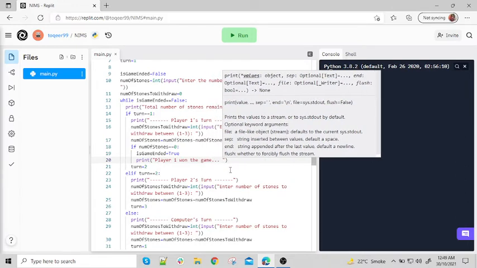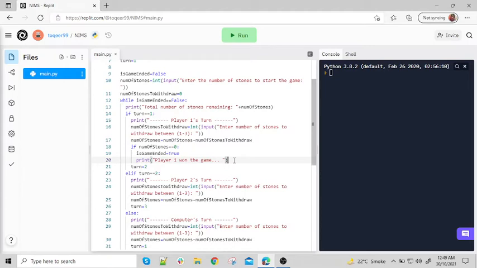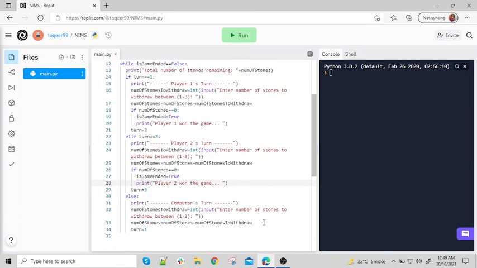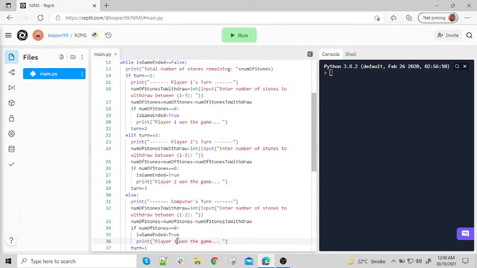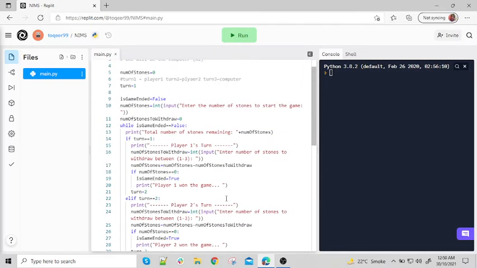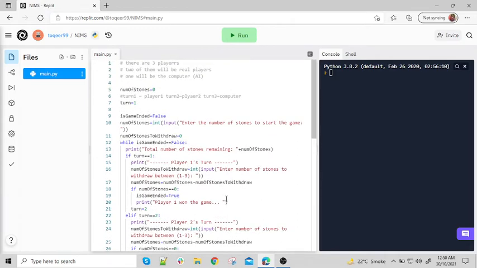Easiest way to do this. So here we go. In Python we don't need to write a semicolon, but you can do it if you want. This makes the ending of a statement more clear, but it is not required in Python itself. The same statement is to be done at 3 different places. For this, player 2 won the game, and for this, computer won the game. Not sure how this game is going to do, but I think it will work. Let's try this.